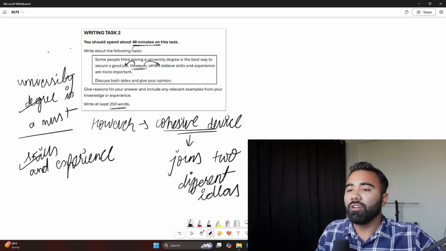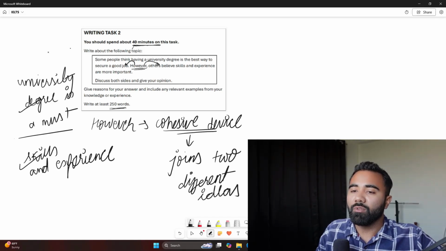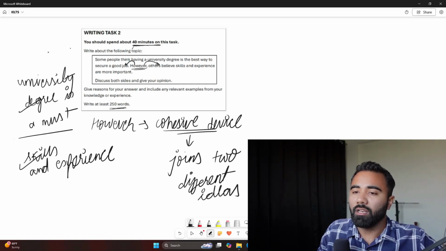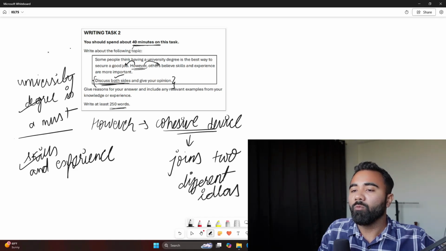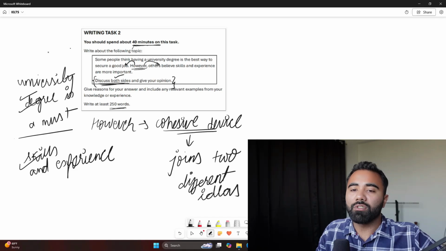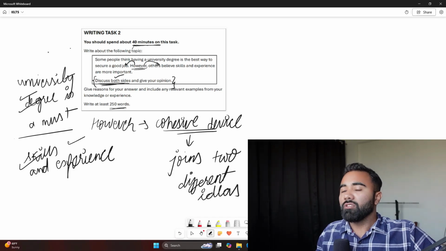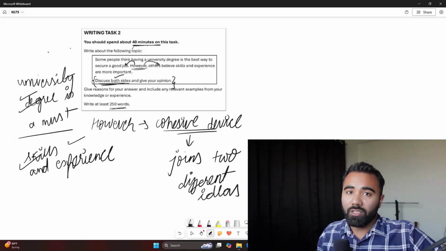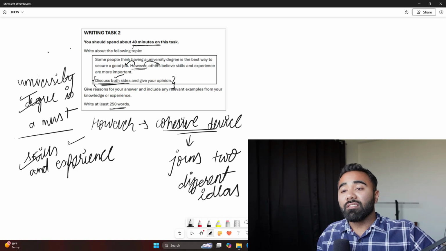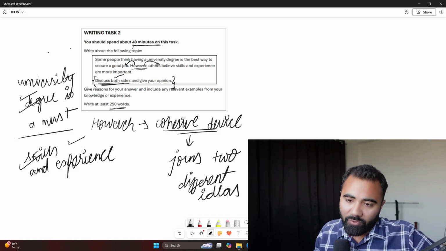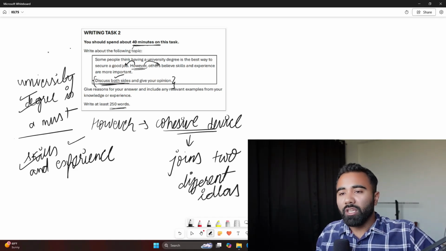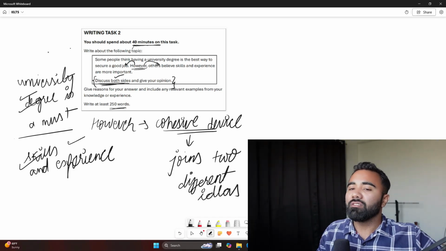Now here, if you come to the last part, this is usually the question. Up until now it was the question statement. This is the question: discuss both these sides. The first side is this one, that the university degree is important. The second side is this one, that skills and experience are important. This is what I was talking about when I was saying read the question carefully and answer what exactly is asked. What students usually end up doing is they will give advantages and disadvantages of a university degree,